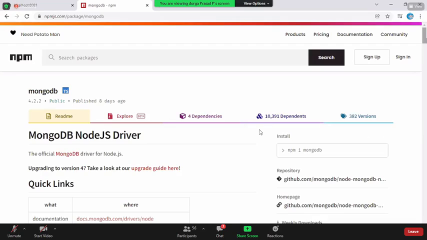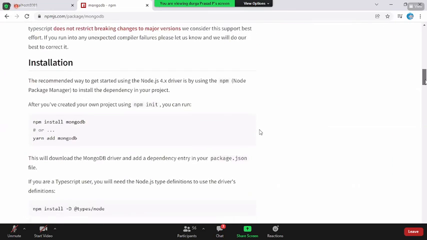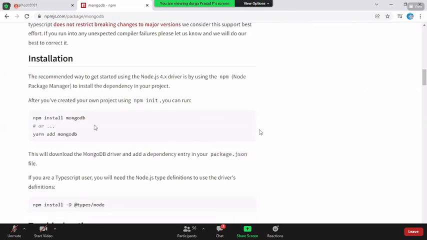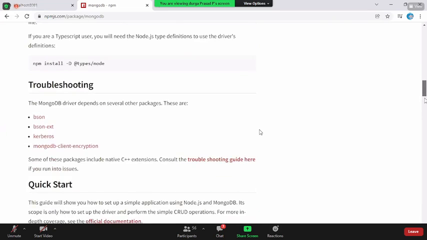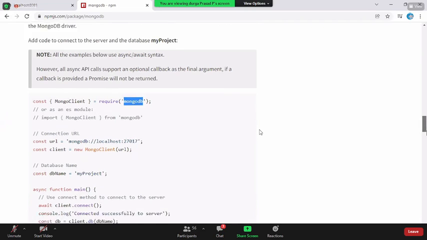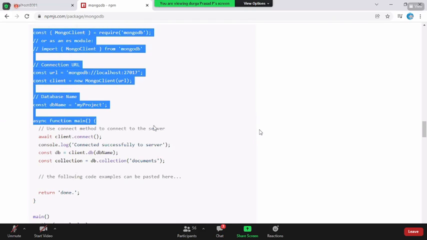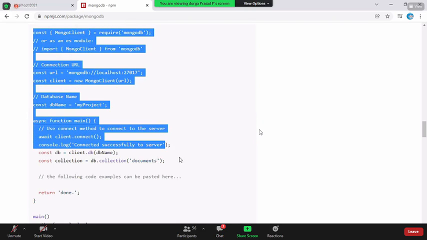Okay. So in the same way, once you come to this UI, the documentation, you should be able to see how we install this, npm install mongodb. Later, how do we include it? This is how you need to include it. Whatever the Mongo client you have, there is a very simple example they have given on how to create a connection to the Mongo database. So let me make use of all of this and create a MongoDB connection here.